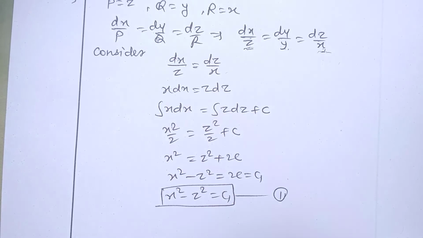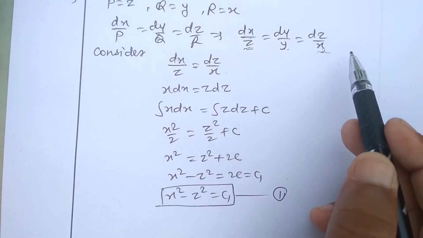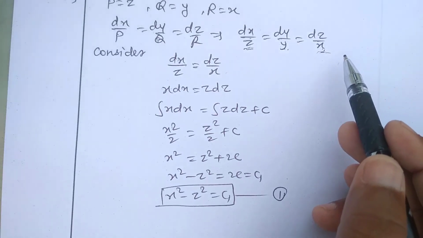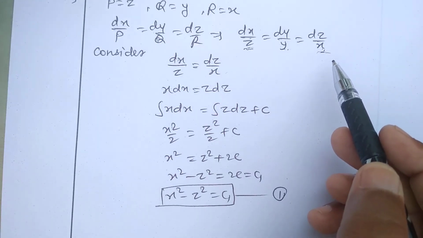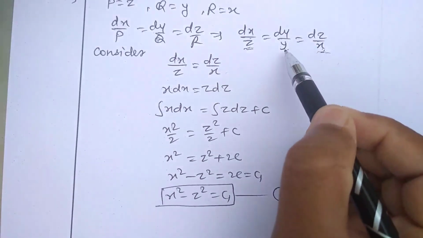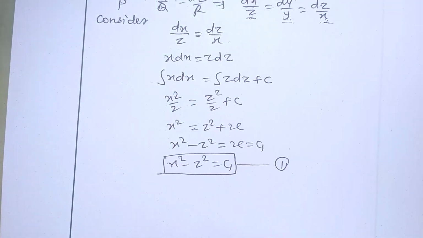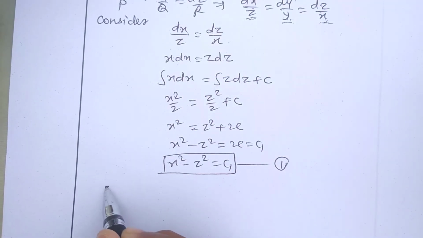Then to get a second solution, we are unable to consider another group. So by using the grouping method, it is impossible to find the second solution. So we try to use the method of multipliers to find the second solution. So for that we are going to consider the ratio. First, if you see the middle term dy upon y, that is already in variable separable form, only terms of y.